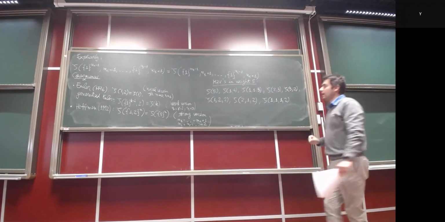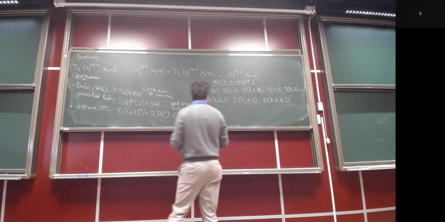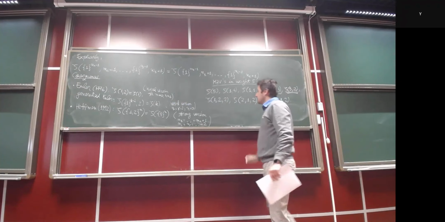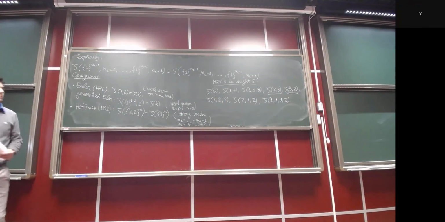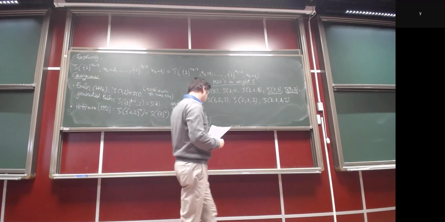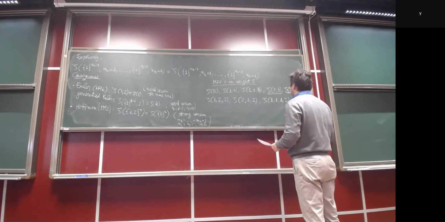Exactly. So these are the 8, and we said that 6 of them are linearly independent. In fact, most of them will depend on these ones. And I said that we have a bunch of relations. In fact, we can get rid of some of them. For example, we can express